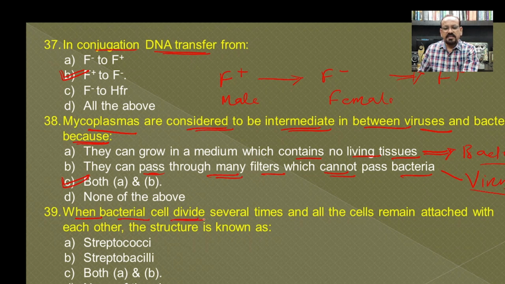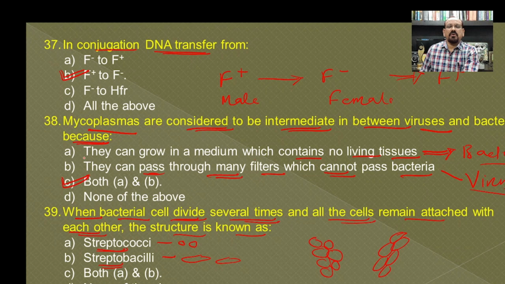When a bacterial cell divides several times and all the cells remain attached with each other, the structure is known as. Say for example, if the bacterial cell divides, such a type of clump will be formed. So according to the shape of the bacterial cell, there will be the formation of different types of arrangements, and so there will be the streptococci or the streptobacilli. Cocci means spherical and bacilli means rod shape. So such arrangements will be there when there is the formation of clumps of many cells during cell division, and hence both A and B will be the answer